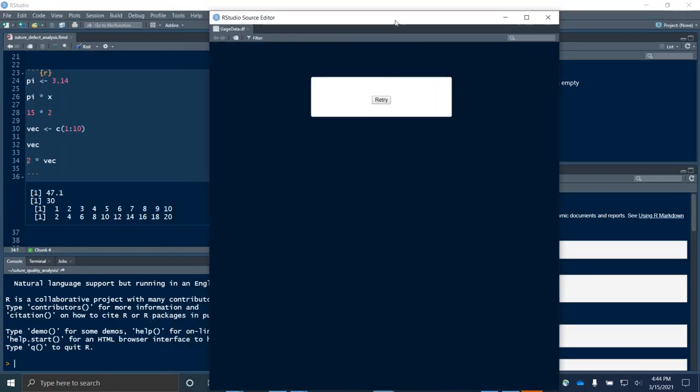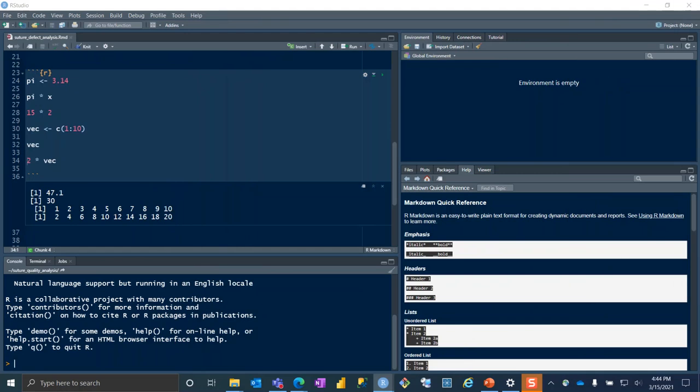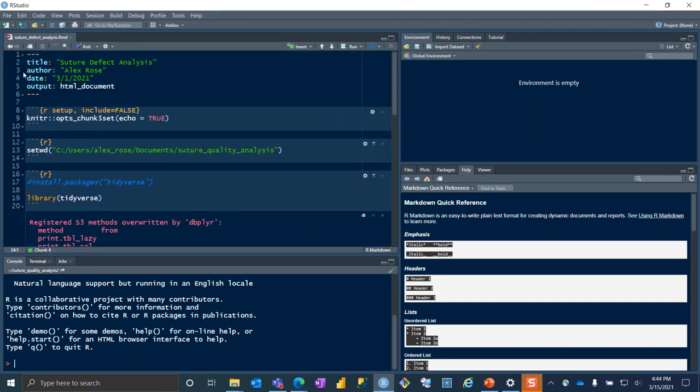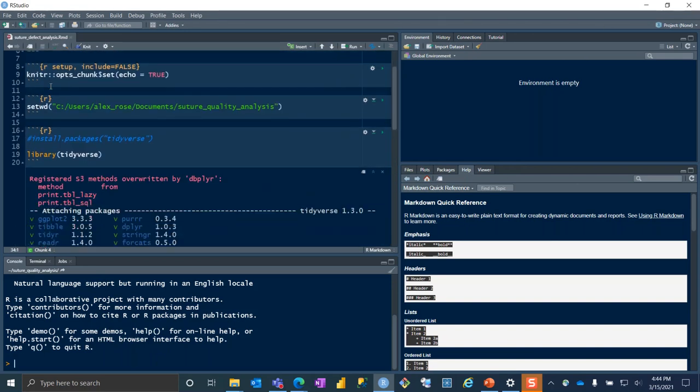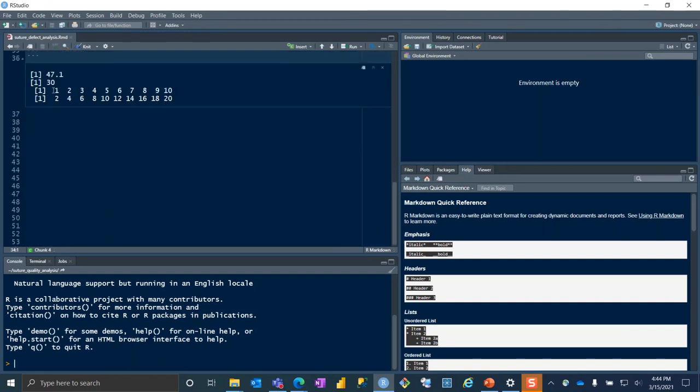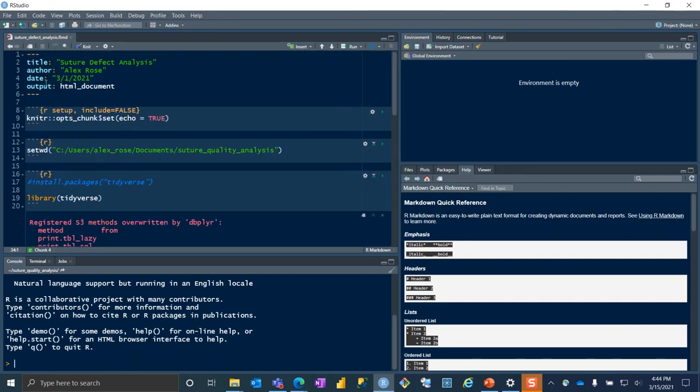And you'll notice that in this particular instance, RStudio remembers a few things about what I was looking at previously. So it's opening up an extra window for me. That may or may not happen for you. It's really not a huge deal either way. Just do whatever is necessary to get back to this setup where we have the script that we were writing in terms of that R markdown file. And that should put us in a position where we have access to everything that we need to